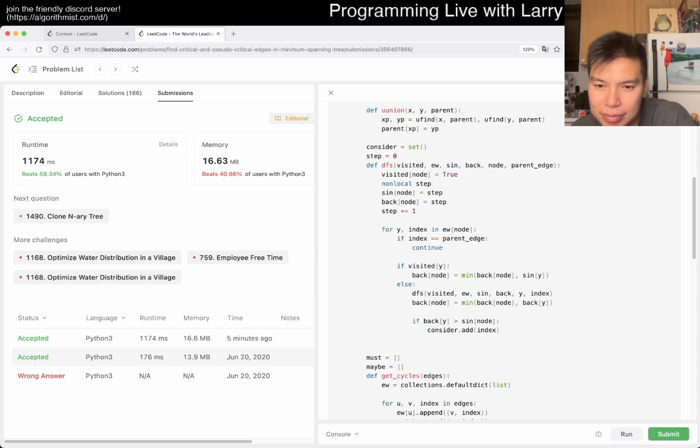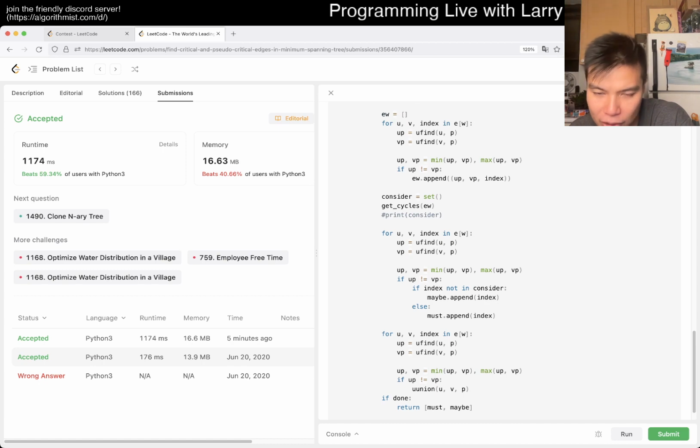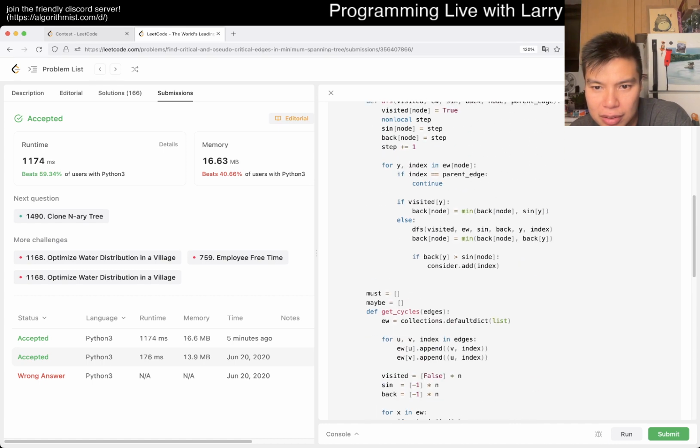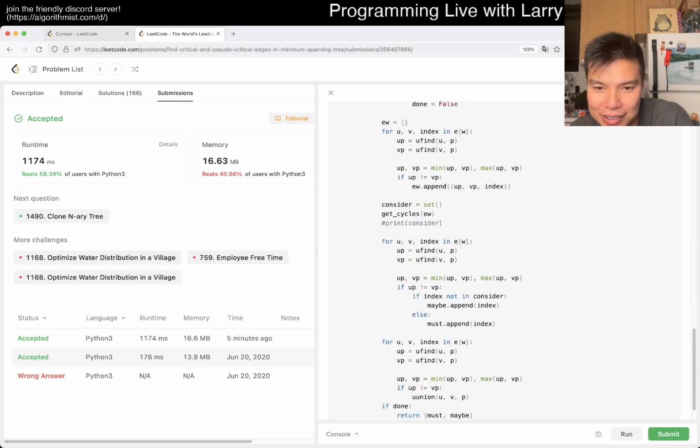So basically, we're looking at the back edges, and if there's a back edge, we should consider it. Wow. But basically, it just gets all the edges that are part of a cycle. Also ridiculous code. Don't know if I can write it today. So if it is part of a cycle,